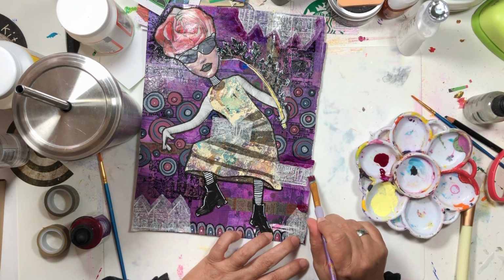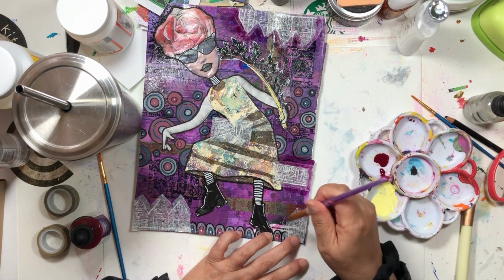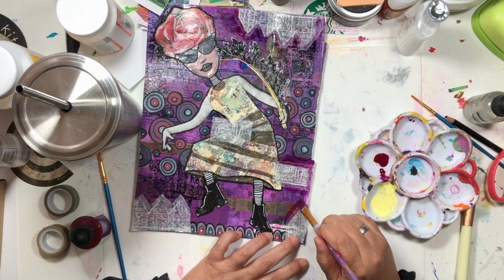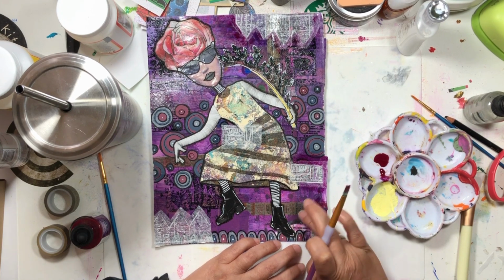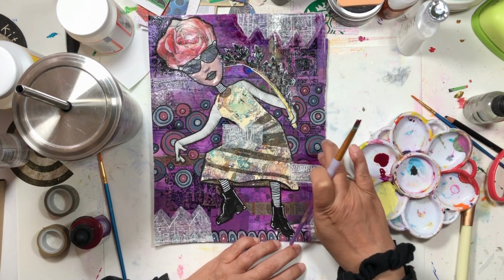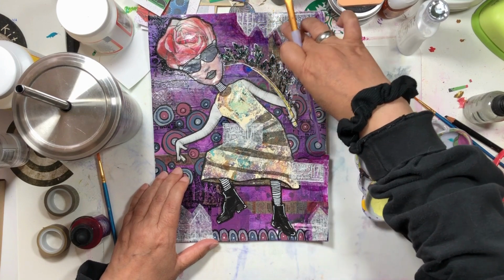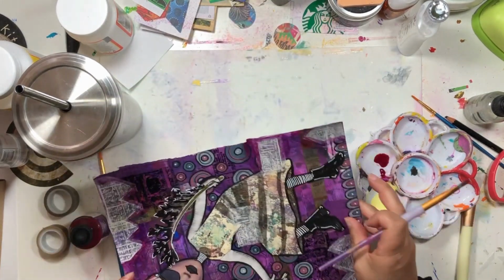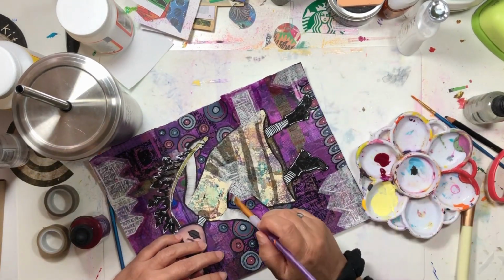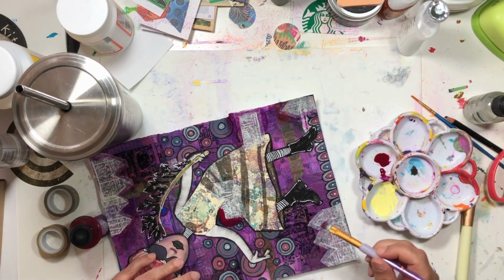India ink is water soluble when it's wet, and it's permanent when it dries. It is one of my all-time favorite things to use. So I'm just going to kind of, oh, and if you don't like your fingers to be all funny colors, you should probably just use a sponge or something like that. But I don't care if my fingers are funny colors. So let's...